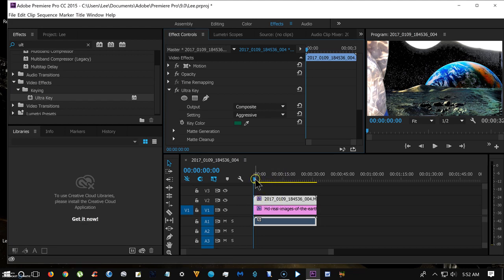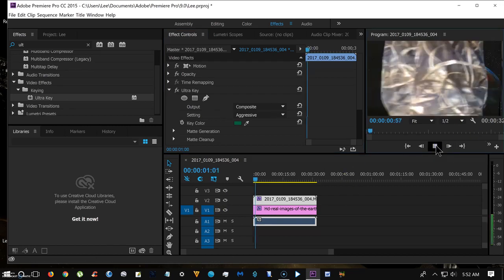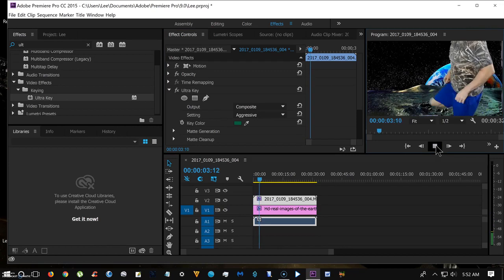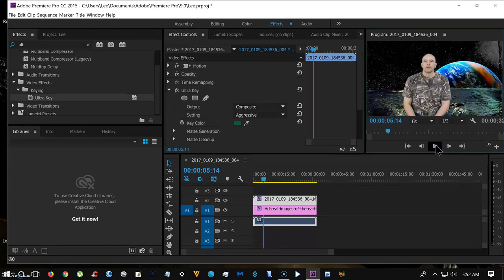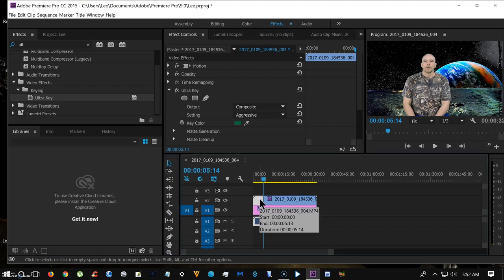Now I'll show you how to chop a part off, like where I go and sit down. I don't want that part. So we'll walk it up to that point, and I'll just play it. Alright, right there. Now, what you'll do is select the little razor blade and put it right where you want to cut it, and click. Go back to your arrow and select. It's already selected, so let's hit delete,